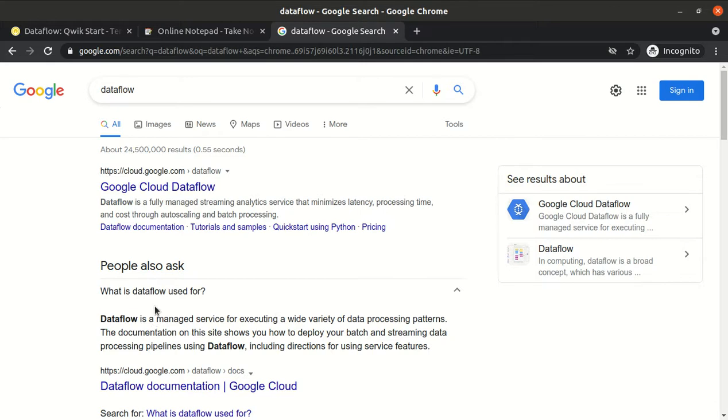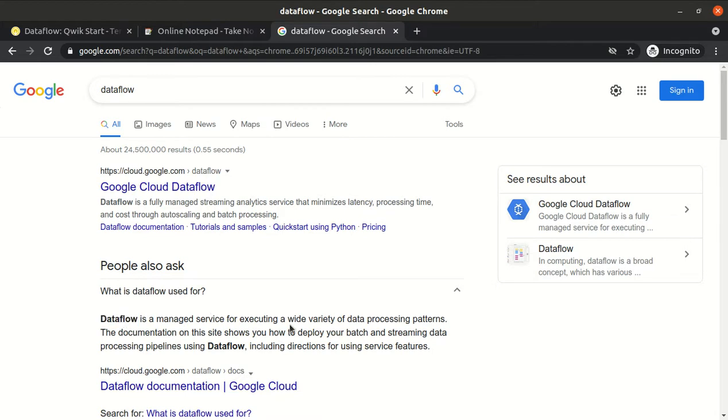One is Cloud Dataprep, which is automatic data cleaning. One is Cloud Dataflow, which is a managed service, but it is not automatic, we need to write some jobs. And one is Cloud Dataproc, which is not a managed service, we need to create the cluster. So here we will look at Cloud Dataflow.